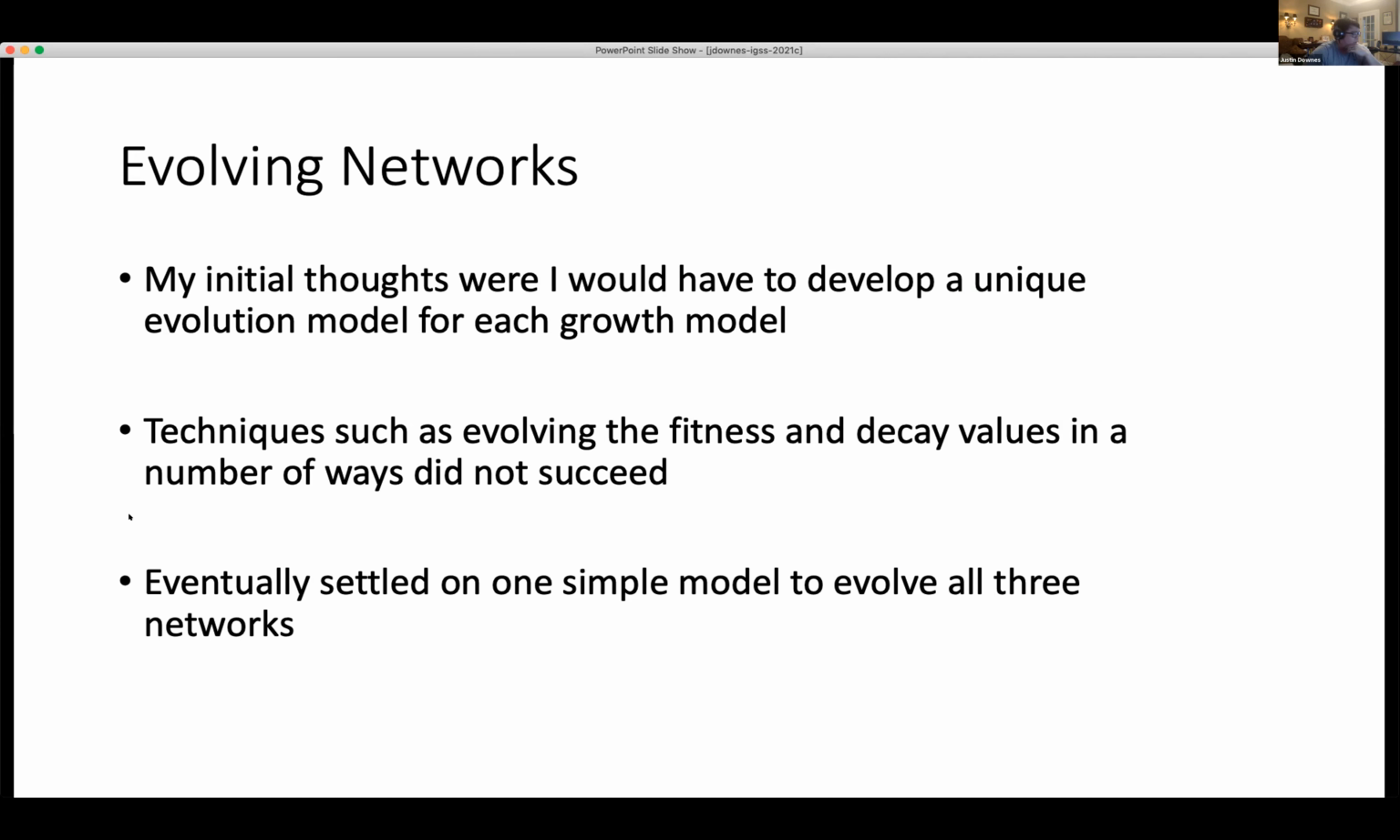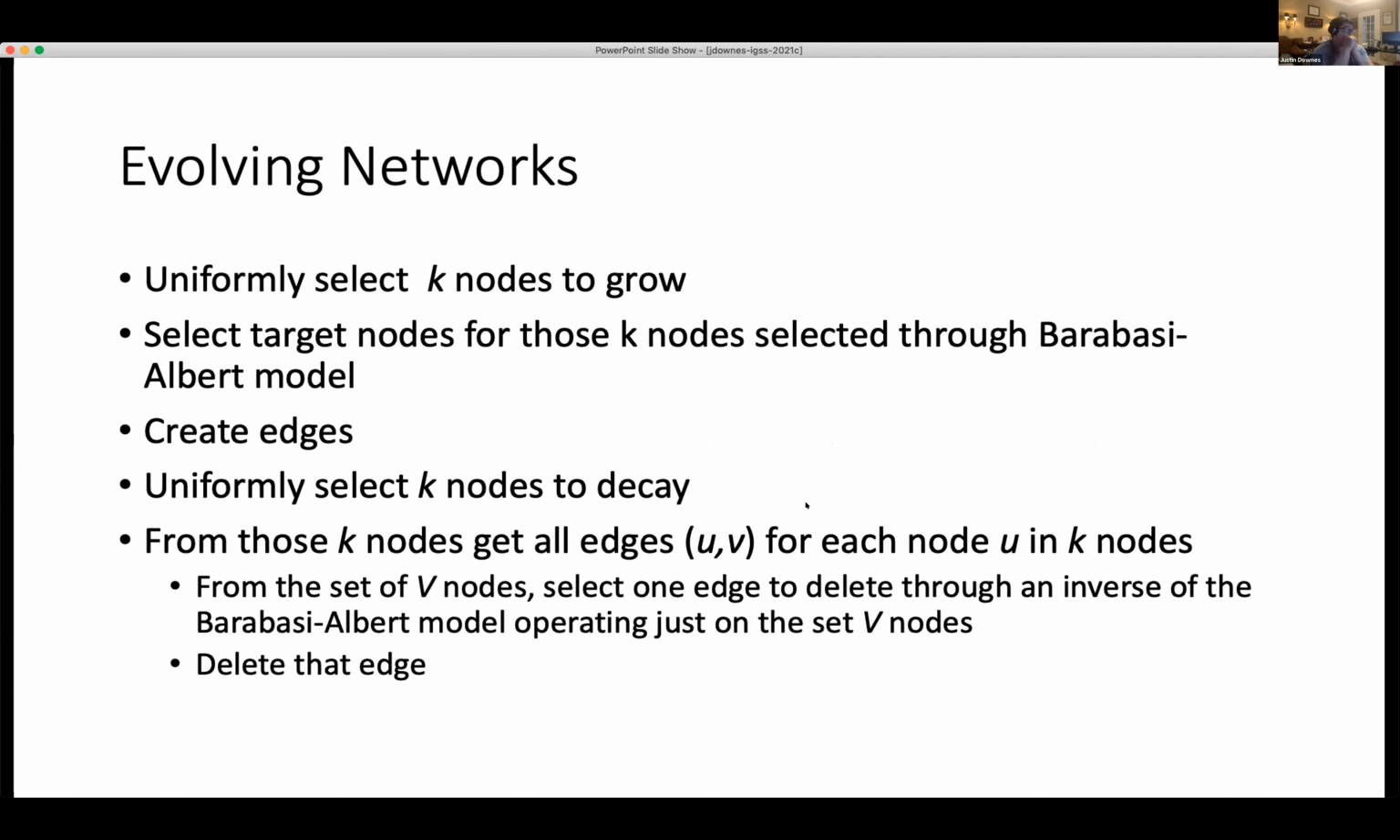Those generally ended with failure, so all the distributions regressed back to a normal distribution. So I went back to the drawing board and settled on one simple model that evolves all three networks. So here's the